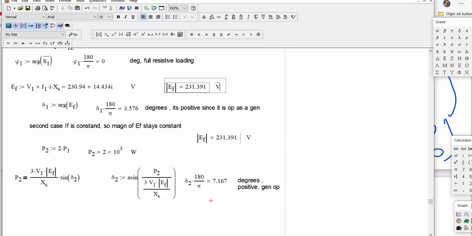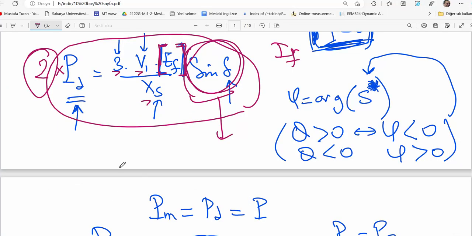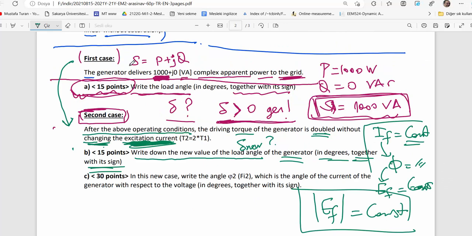The second question is answered. Now, what's the new value? New value is 7.167 degrees. The old value was